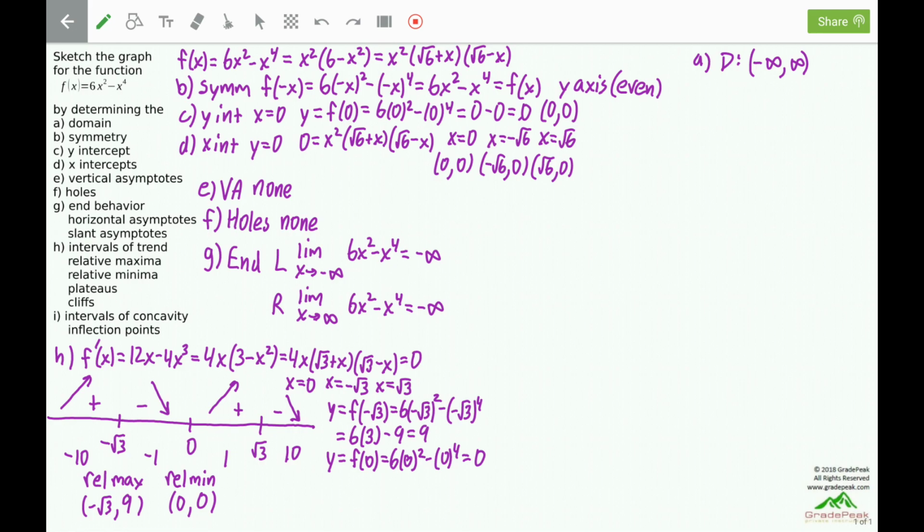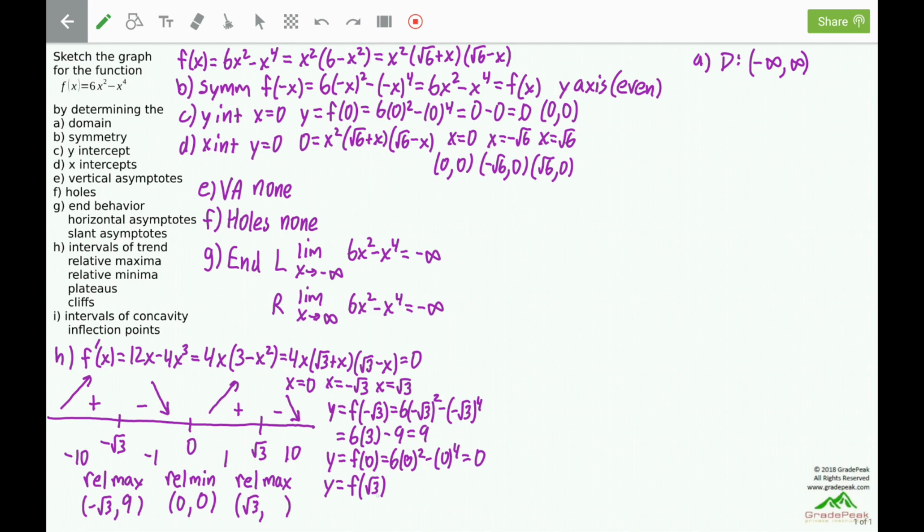Right at the critical number of x equals positive square root of 3, we have a trend change from increasing to decreasing. That makes x equals the positive square root of 3 be a relative maximum. It has an x-coordinate of positive square root of 3, and it has a corresponding y-coordinate, which can be found by plugging the x-coordinate into